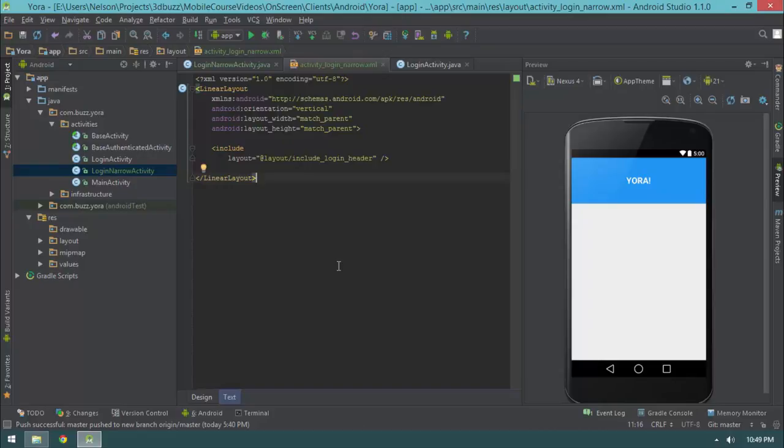You can think of it as an activity that can be placed into other activities, composed into other activities. The common example of fragments, which I'm really sick of reading about, are the master detail flows, where on a tablet, you will have a list view visible and a details view visible. And then you click on an item in the list view, and the item shows up in the details view. On a phone, you only see the list view, you click on an item, and then it switches over to